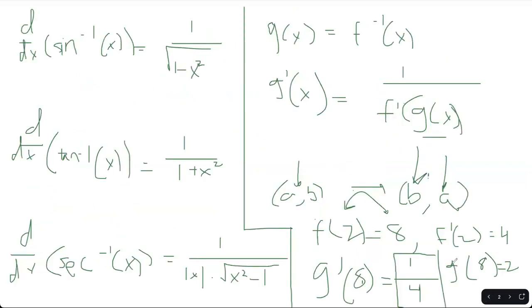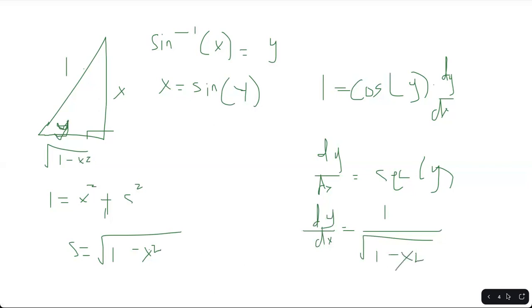1 over square root 1 minus x squared. So I'm just showing you that proof. You can choose to derive the rest of them as well on the test if you want. But moving on, our next topic is going to be the mean value theorem and the mean value of a